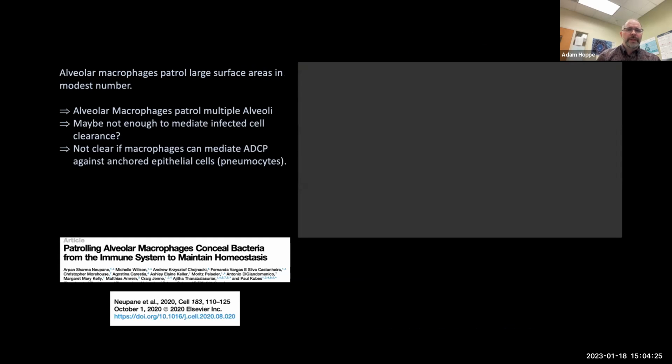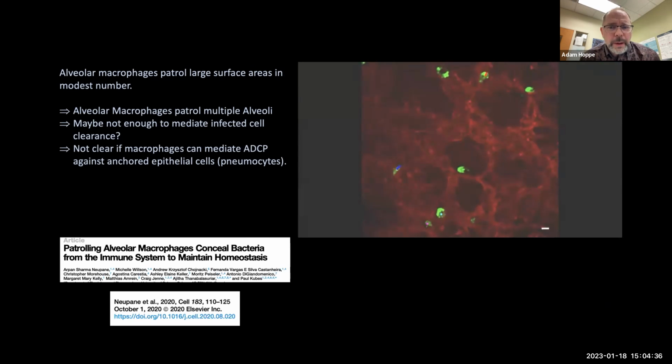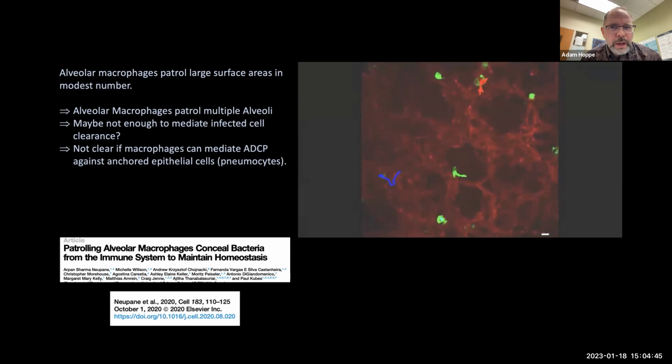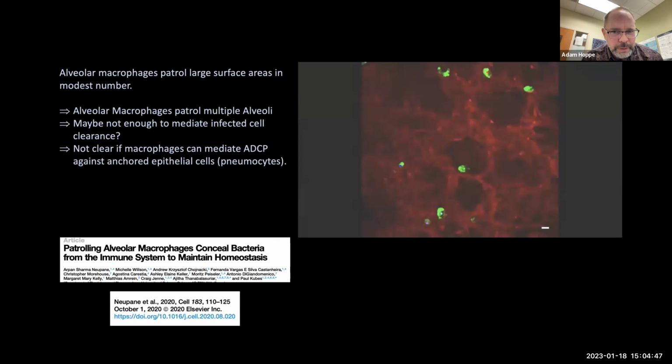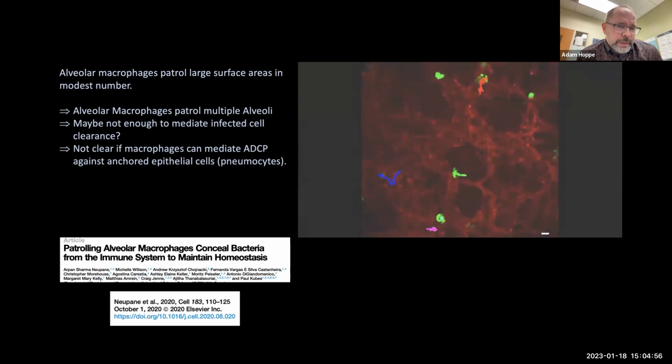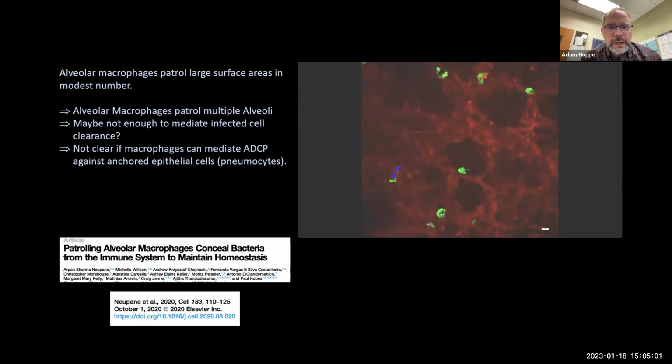Okay. Now, if we think about this in the context of a respiratory disease, the situation is a little different than I showed in the dermis. And that is that the number of macrophages available to help clear the infection is far fewer. So this is some imaging data from the Cook lab showing the distribution of alveolar macrophages, shown in green, migrating around the alveoli in a living mouse. And one of the key findings from this work was that there's less than one macrophage per alveolus. Less than one alveolar macrophage per alveolus.